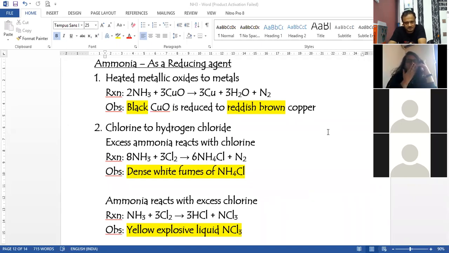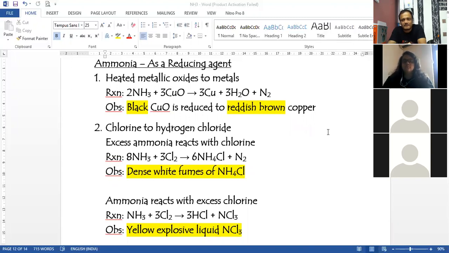Sir, I wanted to ask that the observation for copper oxide, you said that it changes into reddish brown, but in the textbook it's giving just brown copper. So we need to add reddish there? You have to write reddish, yes. I'll just explain this to others also. So when we had gone for this board corrections, they were not accepting any other colors rather than that pinkish, whatever I mentioned first, and the reddish brown color, because kids tend to write this in the reverse form also. So instead of writing reddish brown, you write brownish red, it absolutely goes wrong. So the point why I am telling you to learn reddish brown is because you study it properly and you write it reddish brown, so you don't mess that up. So that is the point why I tell you to study this.